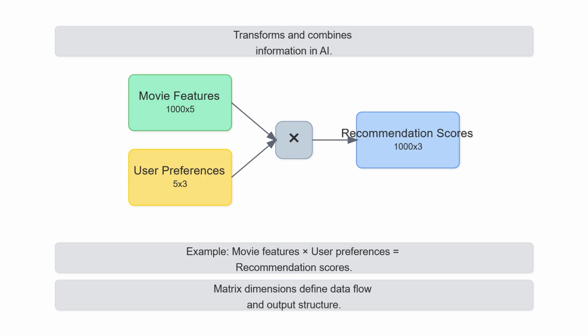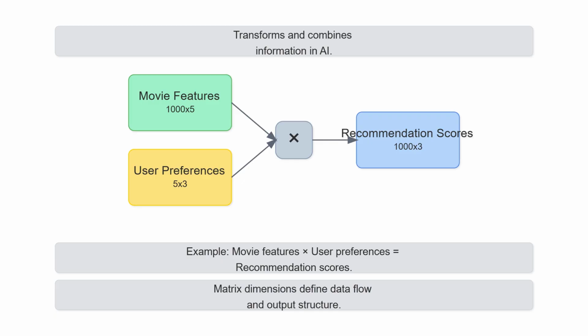At its heart, matrix multiplication is far more than just mathematical gymnastics. It's how AI systems transform and combine information. Imagine you have a matrix representing various movie features, like their scores for action, comedy, or romance. And you also have another matrix detailing different users' preferences for those same genres. When you multiply these two matrices together, the result isn't just a jumble of numbers. It's a brand new matrix that tells you precisely how well each movie matches each user's individual taste, effectively generating